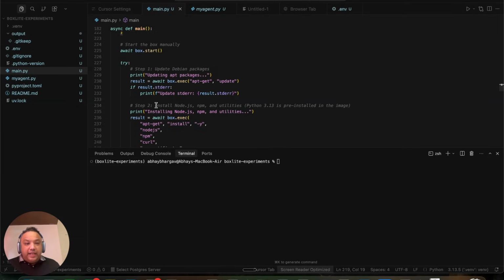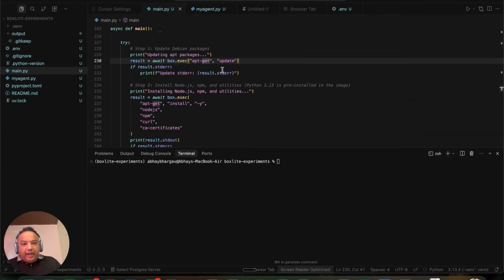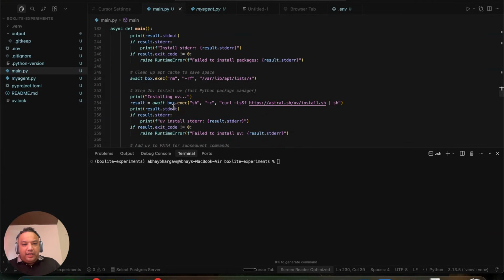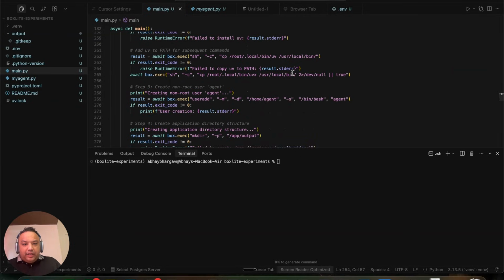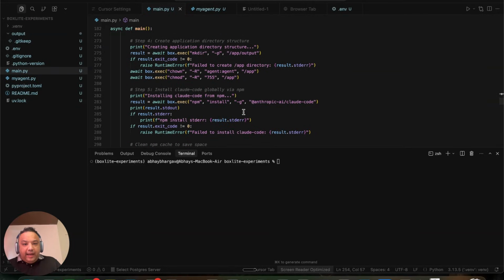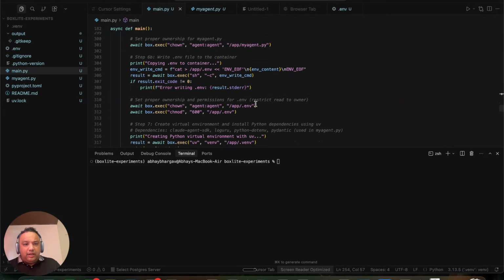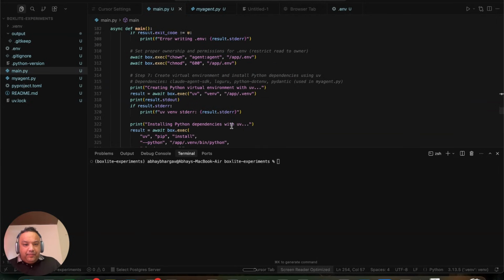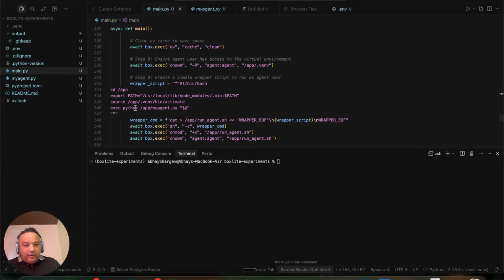It's installing. So you'll see that it's basically running, you're creating like a Docker file here, but you're doing it in Python. So you're declaring the Docker file, writing it in Python, writing all the instructions, apt-get update, installing all the necessary dependencies, copying all the files, and then installing the Python dependencies, copying the environment variables, then running the application, and installing Claude Code, installing whatever else you need for the agent to run. And then finally, you are running the application. You are installing the dependencies here, and you are running the application. That's basically what you're doing.